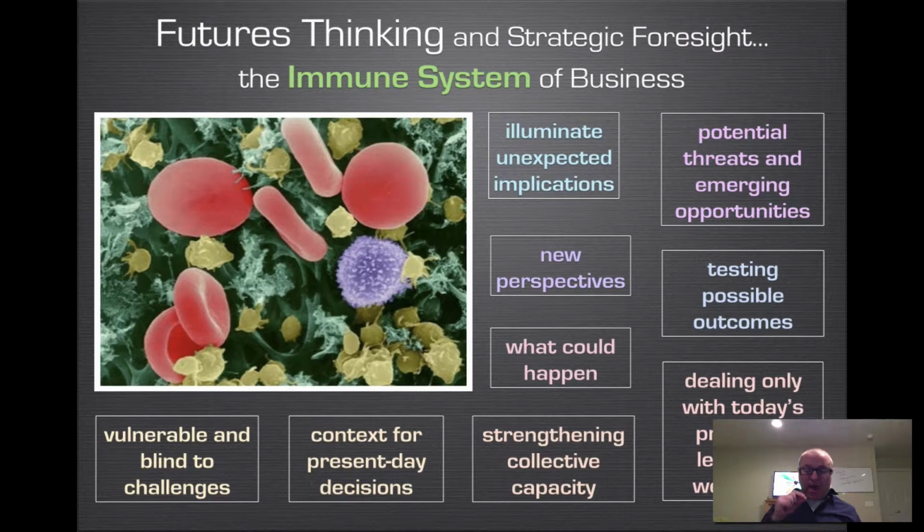Even if we are at A and we want to get to Z, but we see all these obstacles in between, we can navigate around the obstacles and still get to our desired goals and outcomes. So another thing that you can add also on this page is strengthening collective capacity, which is one of the things we see on the slide here.